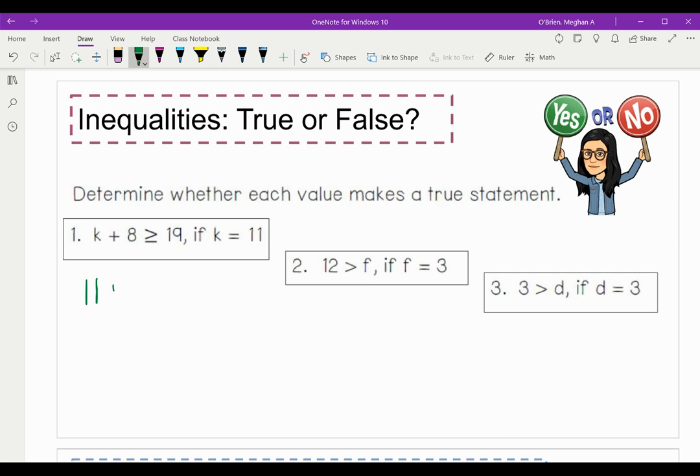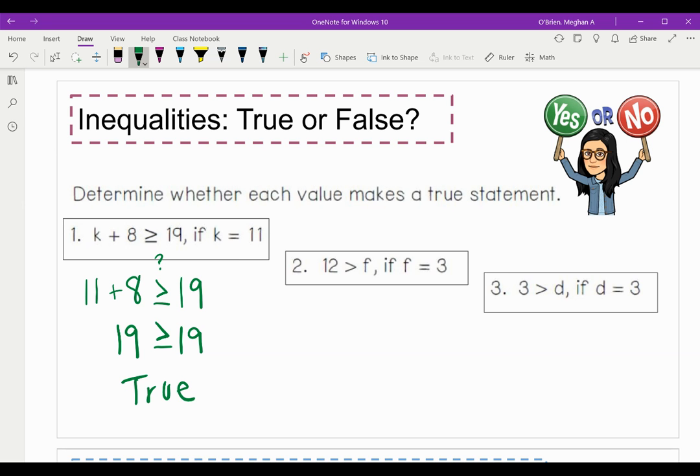If k is 11, I'm asking myself, would this inequality statement be true? Well, 11 plus 8 is 19. So is 19 greater than or equal to 19? Yeah, it's the same. So that's true. Now, if it did not have that half equal sign, and if it said 19 is greater than 19,